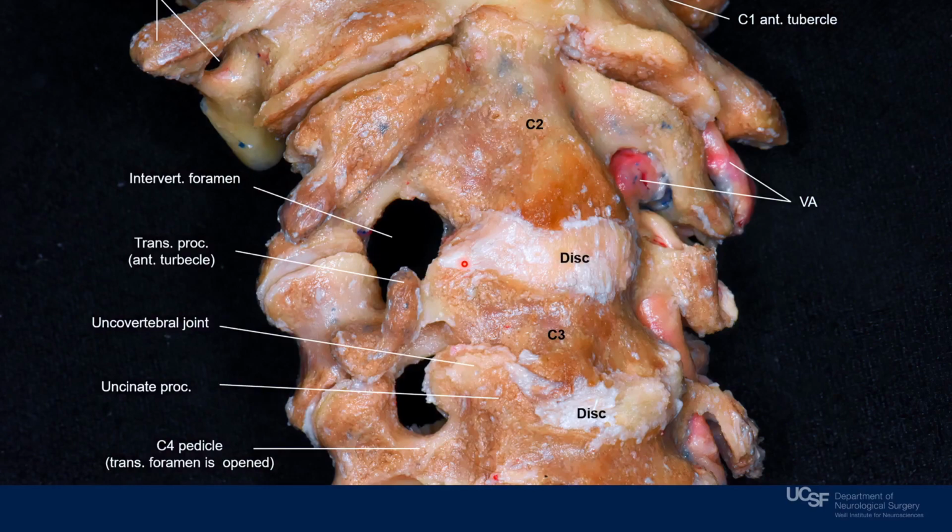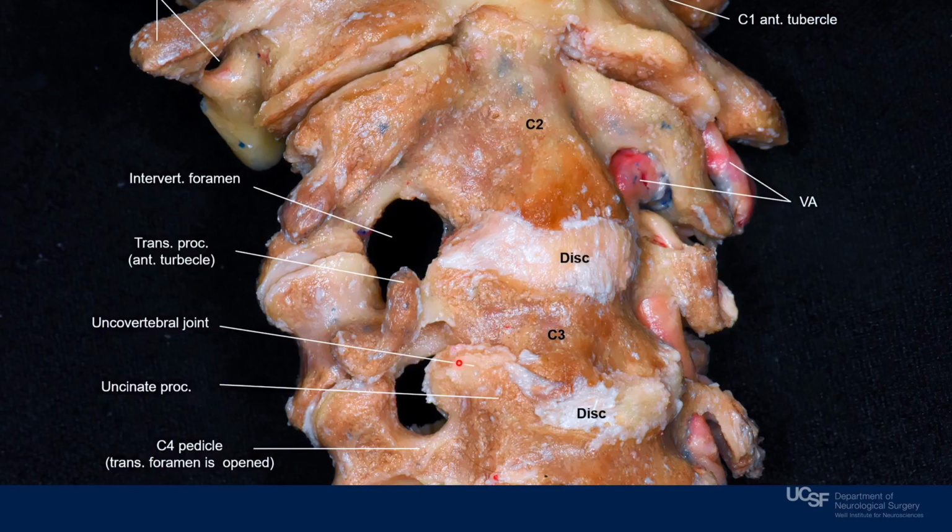So what we're seeing here is an interlateral view of the subaxial region. This is the axis. Right here is going to be the atlas. And again, we see the third segment of the vertebral artery and the second segment of the vertebral artery. So there's a unique feature of the subaxial spine, which is